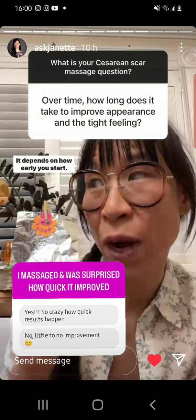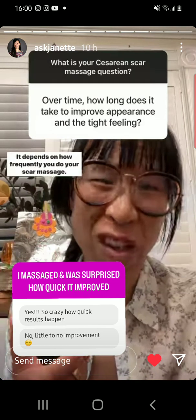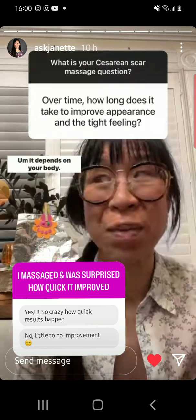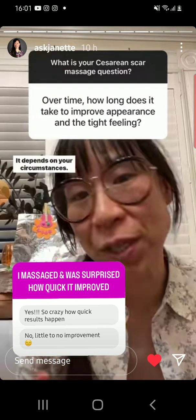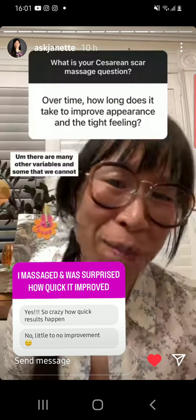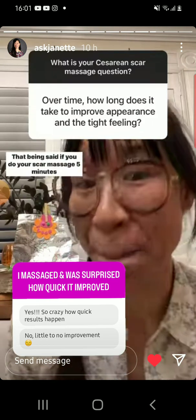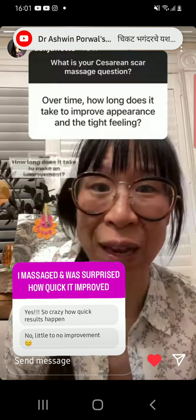It depends on how early you start. It depends on how frequently you do your scar massage. It should be 5 minutes every day. It depends on your body. Every body heals differently. It depends on your circumstances. Some women have a chance to rest and some don't. There are many other variables and some that we cannot even control. That being said, if you do your scar massage 5 minutes every day,